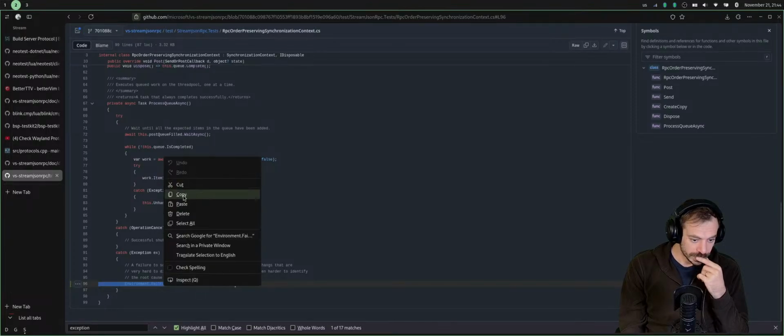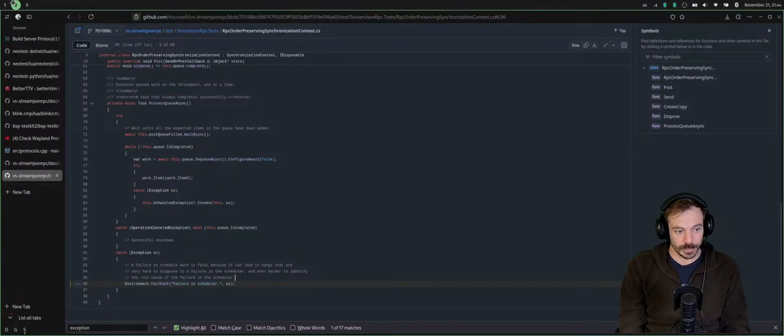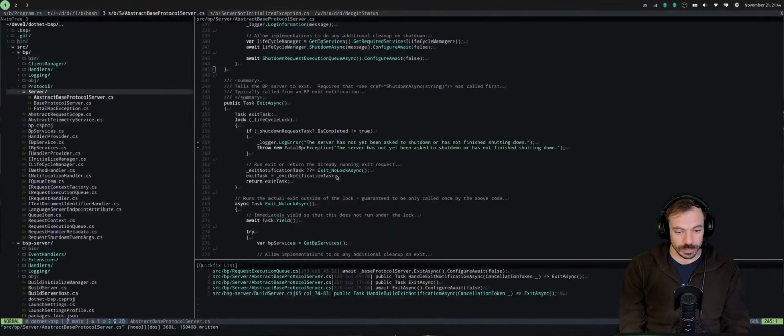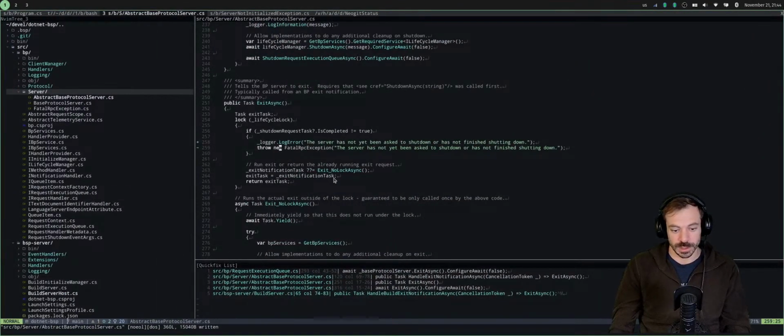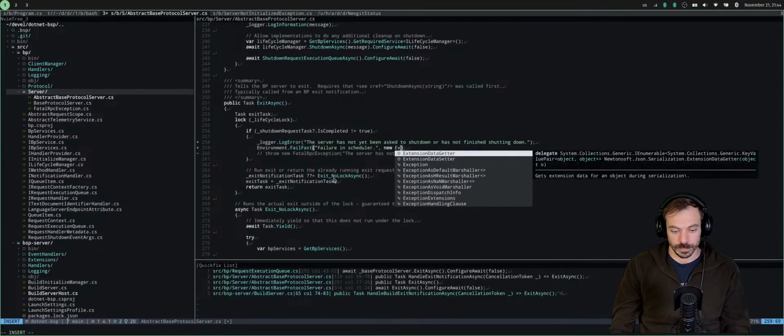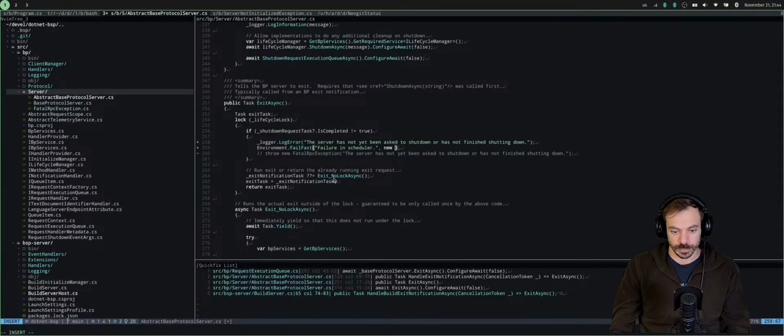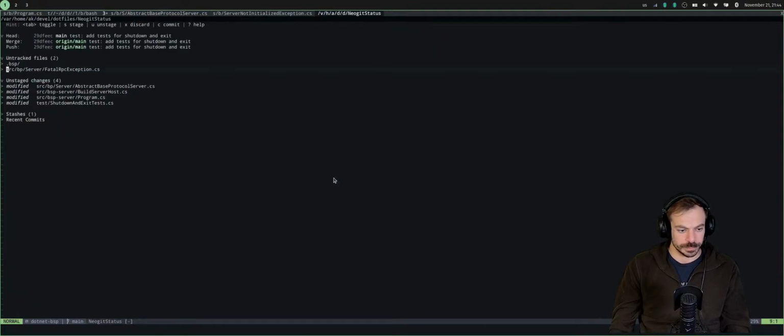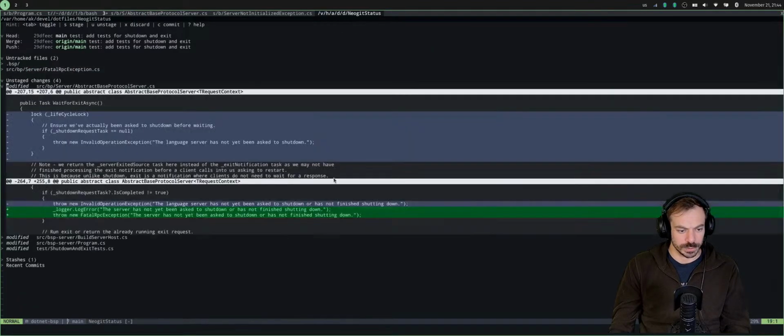Now let's try this. Actually, it should do the same as I was trying to do, I think. And new exception. What's this called? Invalid operation exception.